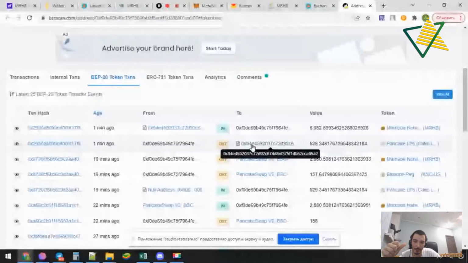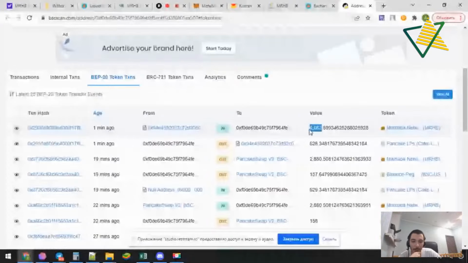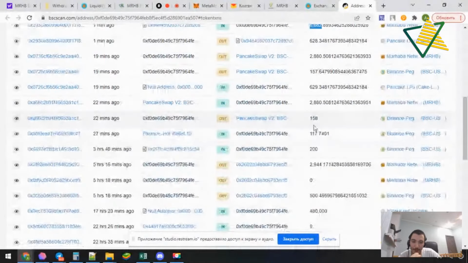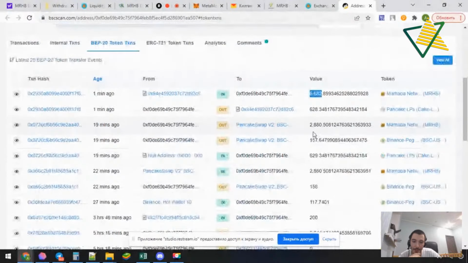This is smart contract address, and this is outgoing operation, and this is incoming operation I received from this wallet. It's not actually a wallet, it is a smart contract. I received 6,000 MRHB tokens.